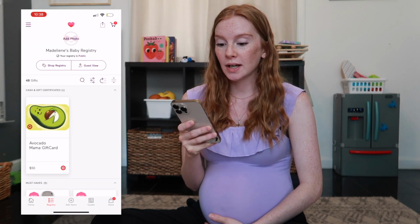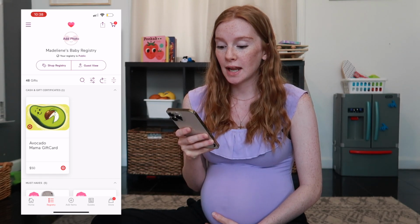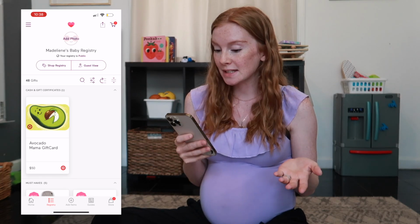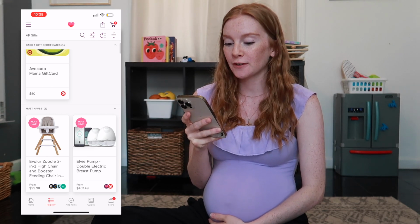But I broke my registry down into different categories. The first one, I just put cash and gift certificates, and I put a Target gift card on there. So if someone isn't sure what to get me, they can just get me a gift card, make it easier on them. So the next category I have are must-have items, and the first thing I put on there is